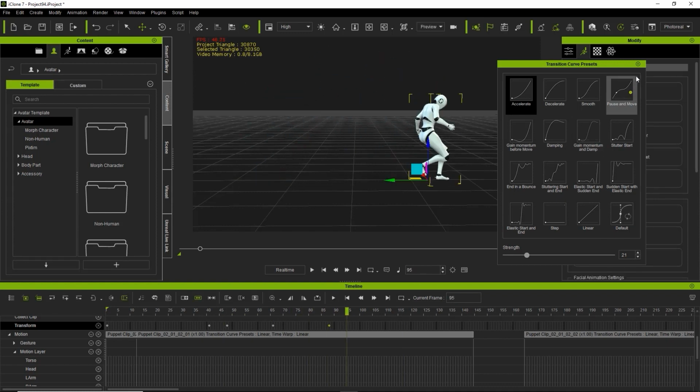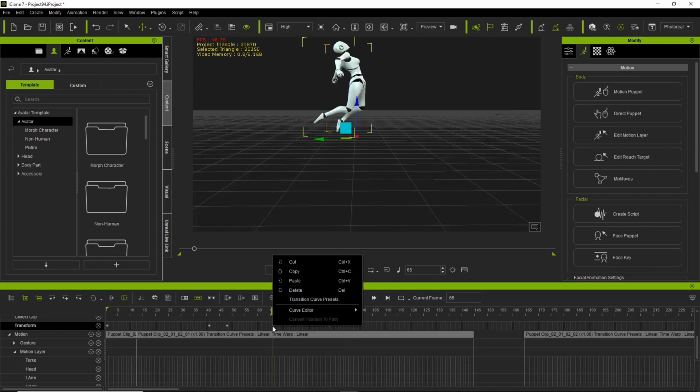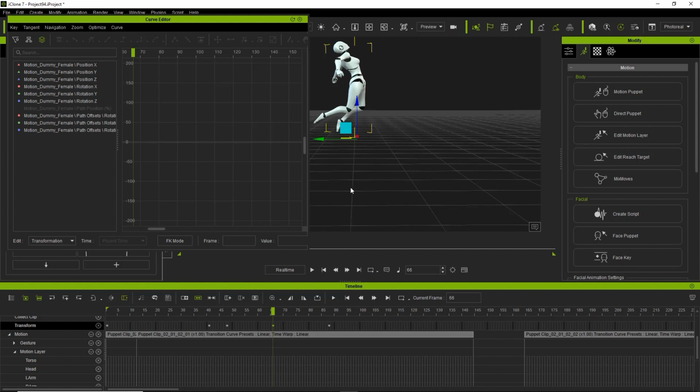So I'm going to go ahead and open up the curve editor. We're going to leave those transition presets already in there. I'm going to close that down. And we're going to go into the curve editor now. So let's go ahead into the curve editor on the second keyframe here. And the only two